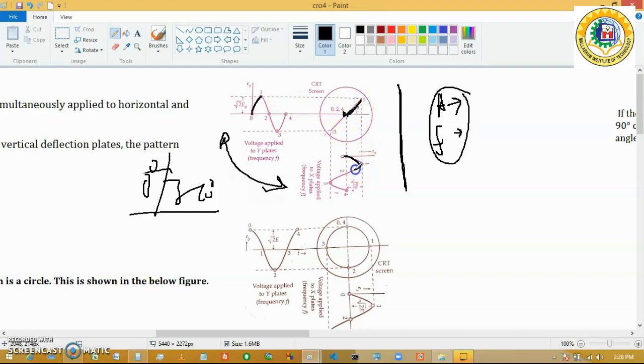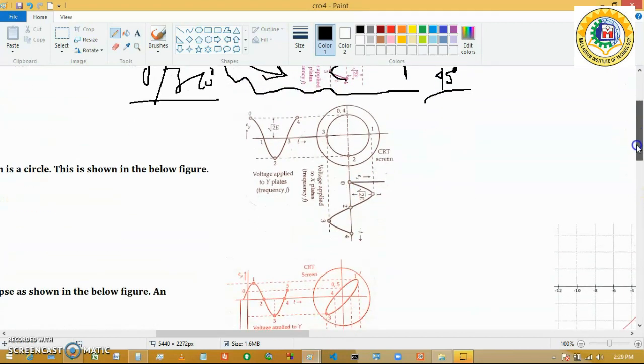Now whenever the waveform is moving back to 0, it is moving again back to 0. Then whenever it is moving in the negative direction, the slope is again reaching in the negative direction, and whenever it is again reaching a positive direction, then again it moves back to 0. We get a straight line with a slope of 45 degrees. So whenever we get a straight line with a slope of 45 degree, we can say that the phase difference between them is 0 degree or 360 degree.